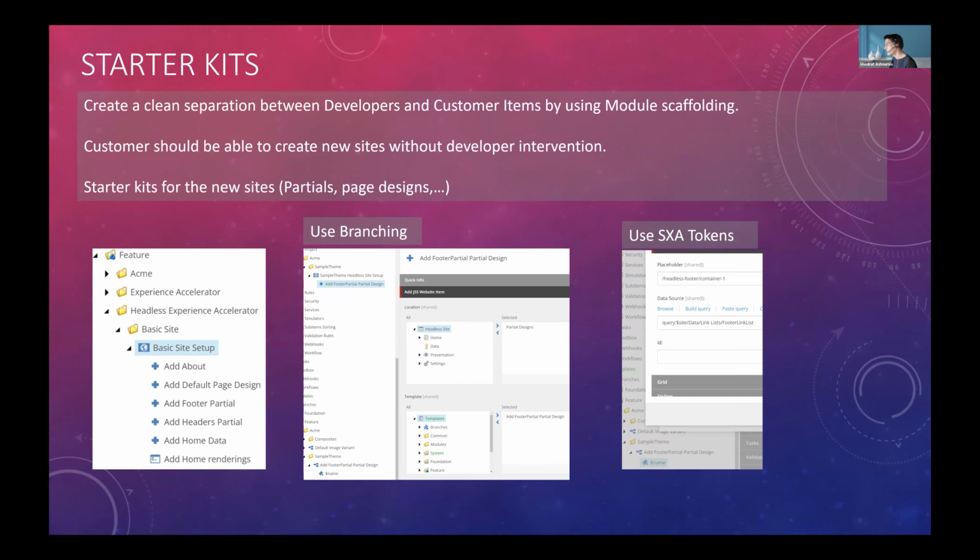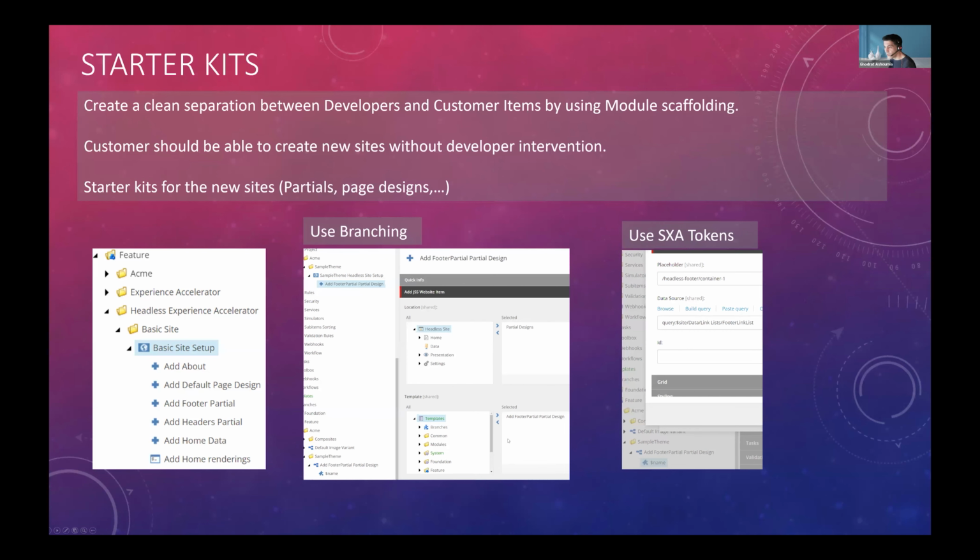A few small things in here. The module creation process is a bit hard. For example, you need to know which location you need to choose in here, and you also need to create the branch template for that.